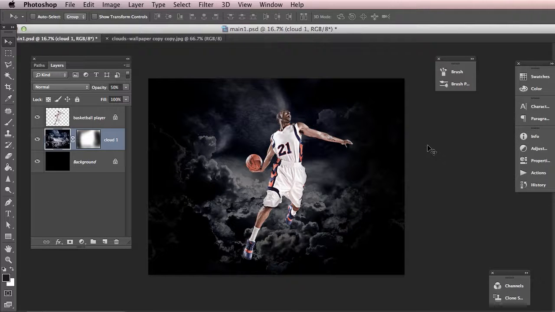And let's zoom in slightly. That's absolutely fine. So there we have our background image, and we've played with the opacity, the levels, and the saturation. What I'd like to do in the next lesson is to demonstrate how we can take a selection from the original wallpaper image that I've created and bring the clouds into the foreground so that it merges with the basketball player and creates more of a sense of depth with the main